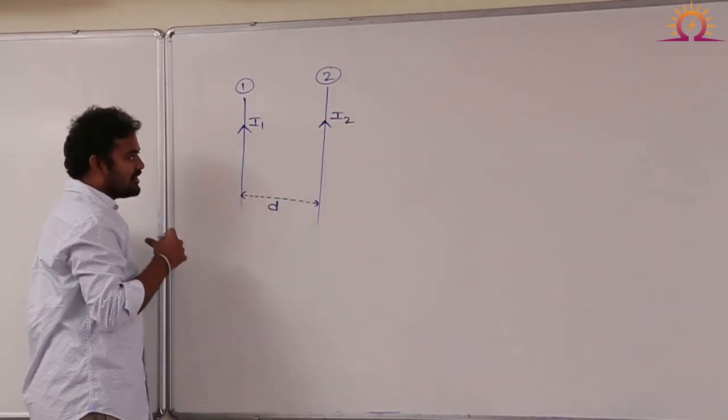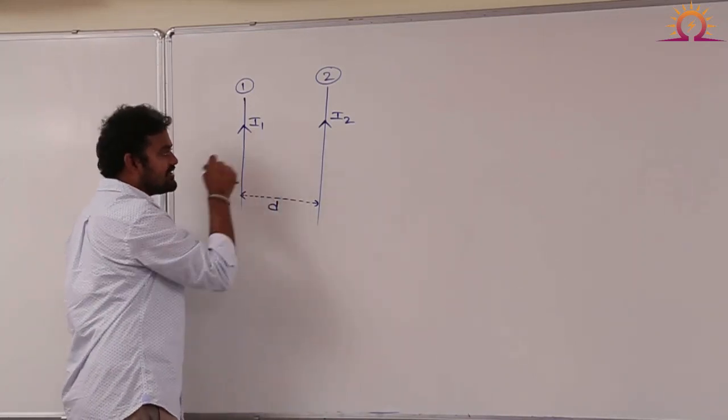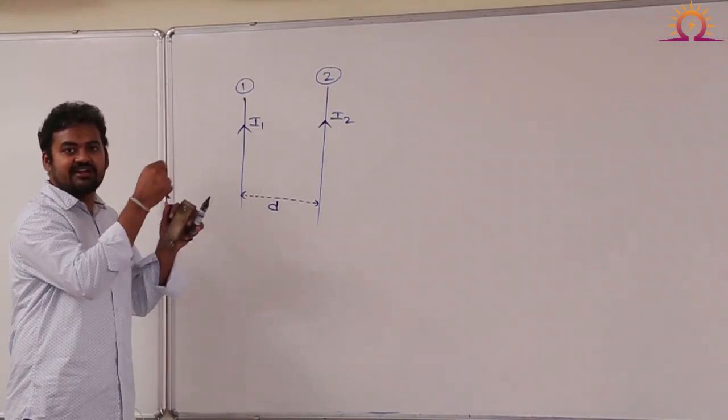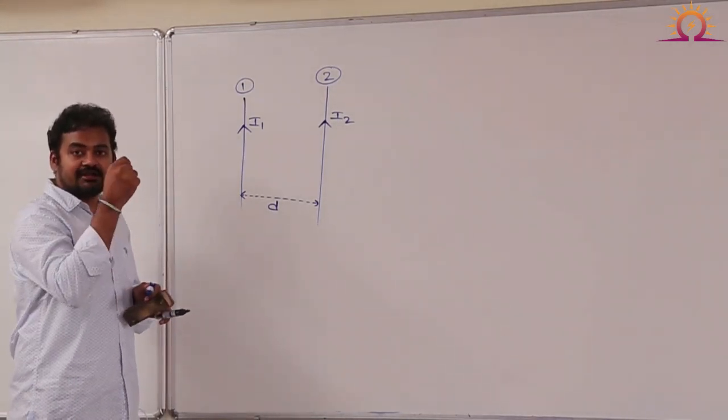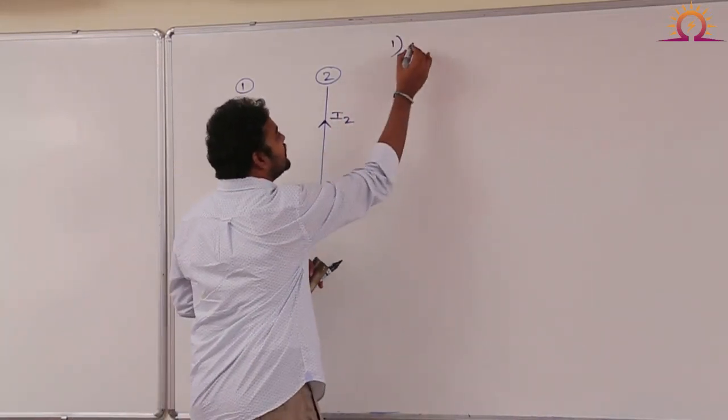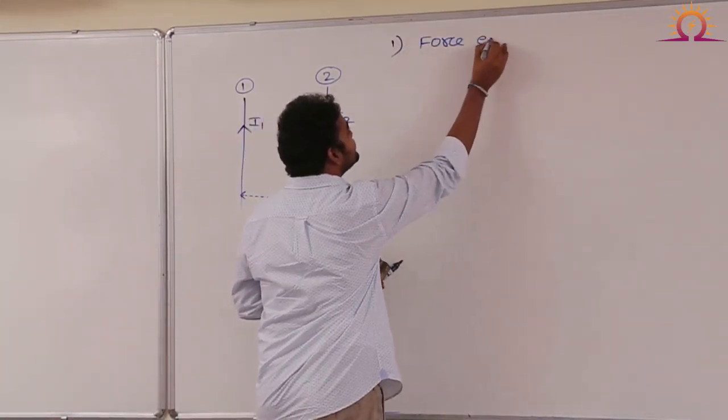So now what my question is, we have already studied if the two conductors are carrying current in the same direction, there will be a force of attraction, and I wanted to calculate the magnitude of that force. So the first question is force experienced by